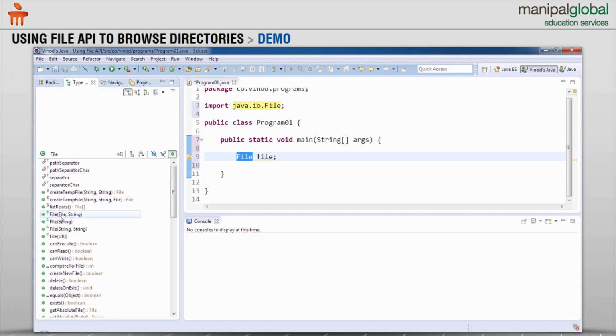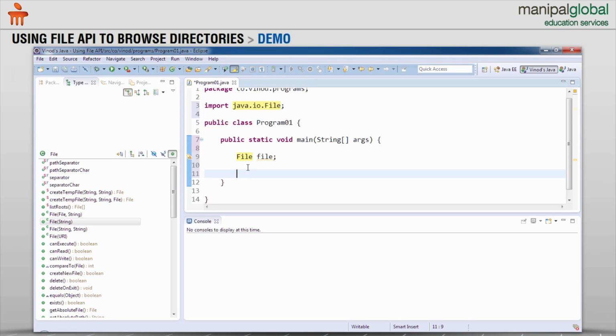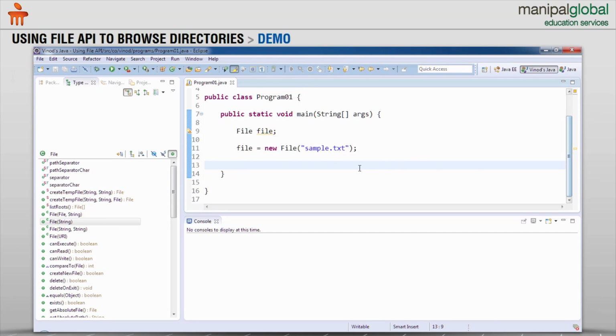So you can see that there is a constructor that takes a string argument, and in that constructor we can supply a file name that either may exist, or it may be created, or it may not even exist. So I can check here by saying file equals new File of, for example, sample.txt. Now we can check if this file already exists or not. For example, we can check if